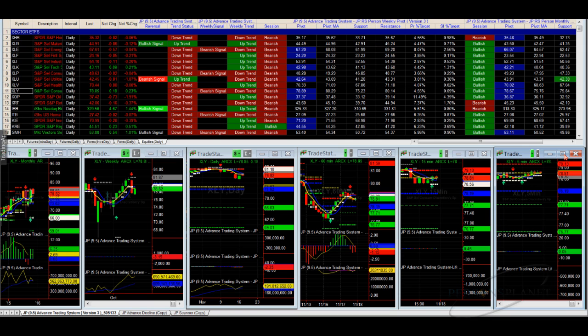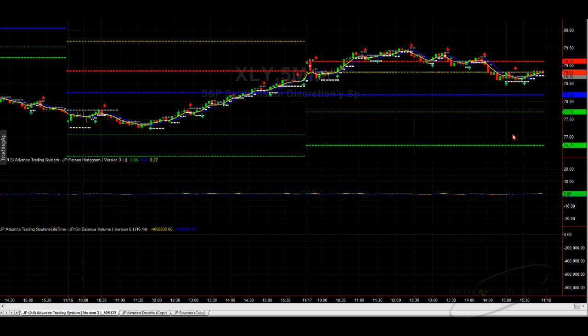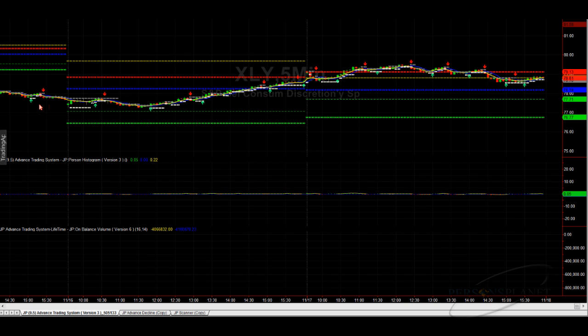First and foremost, I just wanted to get into what the daily Person's Pivots are about and how they can help equities traders navigate the markets a little better. Okay? So I've kind of unscaled everything else on our screen, and I just wanted to focus on the daily pivots. So the first thing that you will notice is that when you get the Person's Pivots, and I just randomly selected the XLY, as you can see, XLY up here, it will give us a targeted level of the next session's trading range. So when TradeStation tonight refreshes, it will give us the ability to see into what tomorrow's